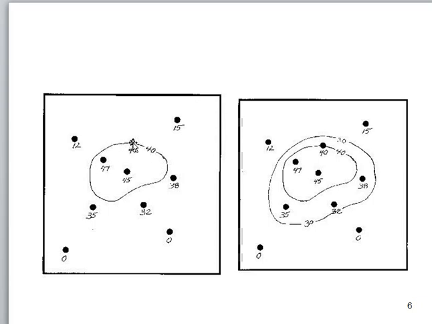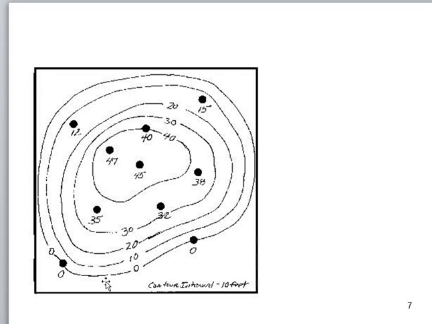So here's 40 feet in elevation, and that's higher than 38 feet and lower than 47 and 45 feet. So a line is created to connect all the points on the landscape that are about 40 feet in elevation. And then another set of lines could be created to show where 30 feet in elevation is. Until you have